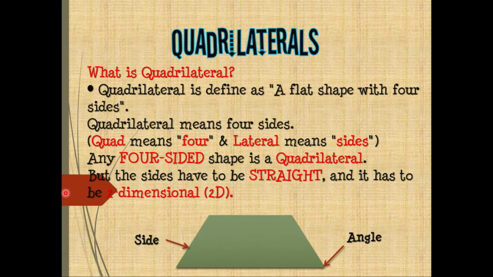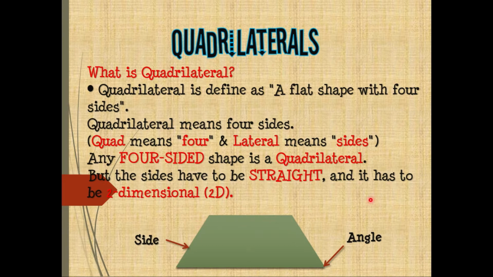Yes, so what are quadrilaterals? A quadrilateral is defined as a flat shape with four sides. Quadrilateral means four-sided because the word is made of two words, quad and lateral. Quad means four and lateral means side. So any four-sided shape is a quadrilateral, but the sides should be